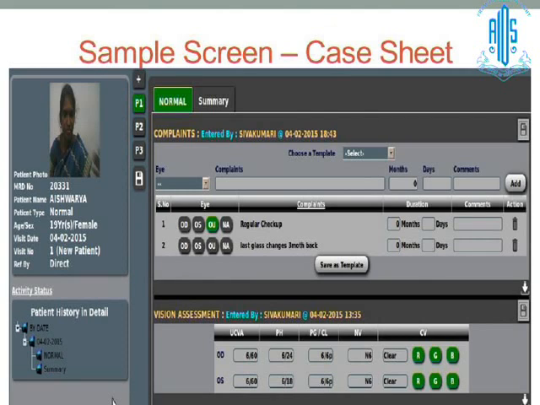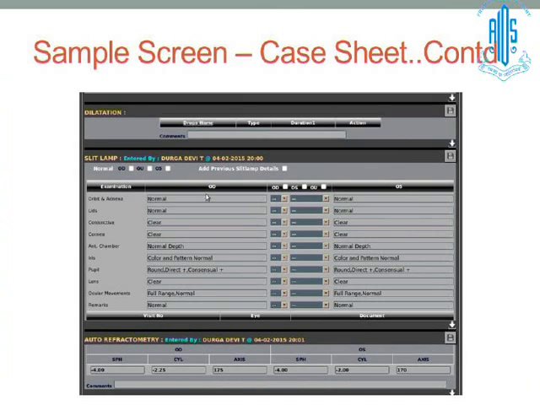Okay. This is a normal case sheet, where now we'll know in detail whether it's a new patient or not, referred by whom, and the date. You will have whichever case sheet you have opened. A normal case sheet is open here. So you don't have to enter the slit lamp finding every time. If you have it done, you can just put normal and all these fill up.